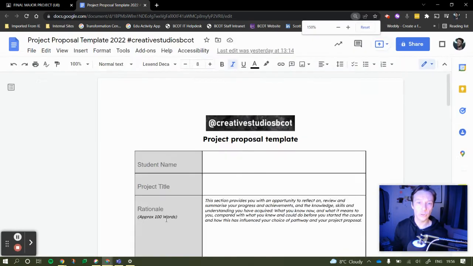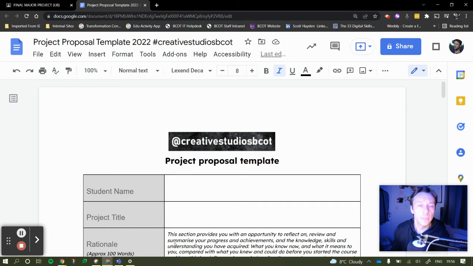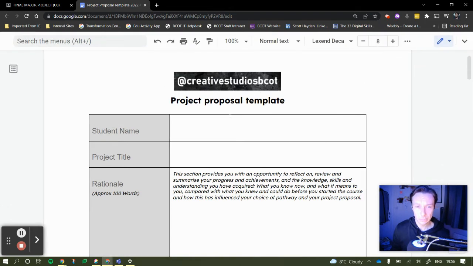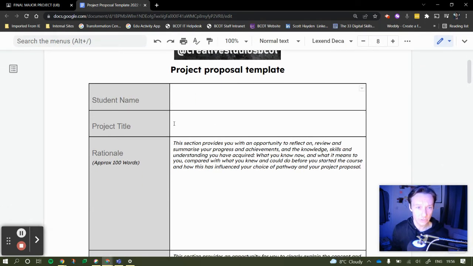This proposal document will provide a scaffold, as it were, for you to flesh out your idea, your concepts. Your student name, of course, goes here. Project title goes here. The rationale is here, 100 words. In this section, you'll be providing us with an overview, as it were, of your idea, and you'll be reflecting